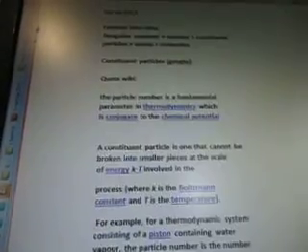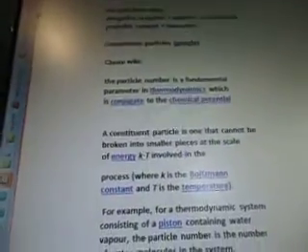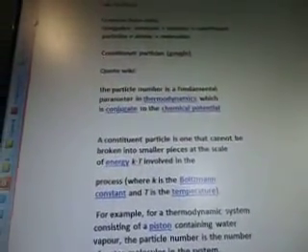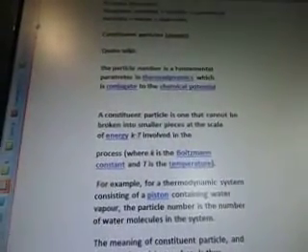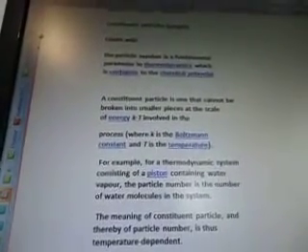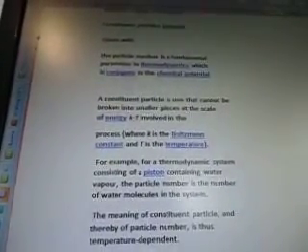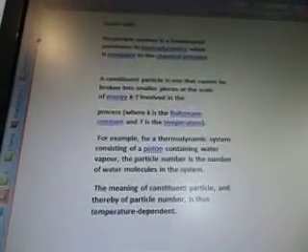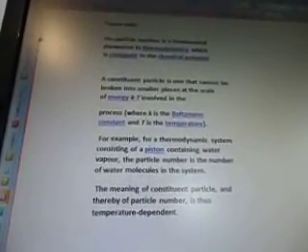Constituent particles, I'm going to Google it, quote Wiki. The particle number is a fundamental parameter in thermodynamics, which is conjugate to the chemical potential. A constituent particle is one that cannot be broken into smaller pieces at the scale of energy, kT, involved in the process, where k is